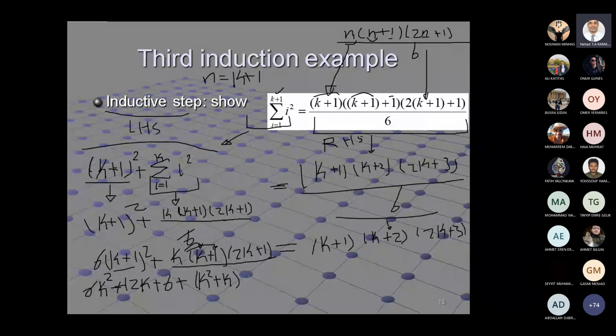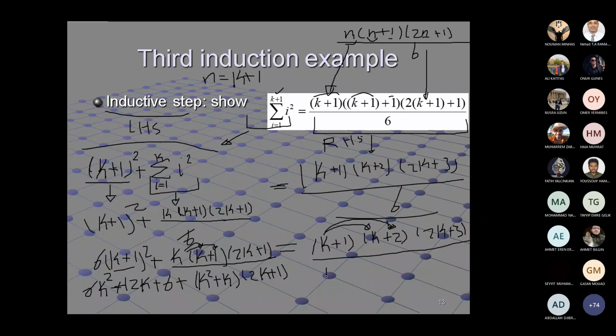All this multiplied by what? 2k plus 1. We can also open this one. This one, k multiplied by k, k multiplied by 2,